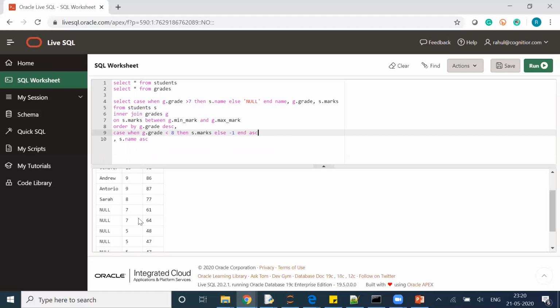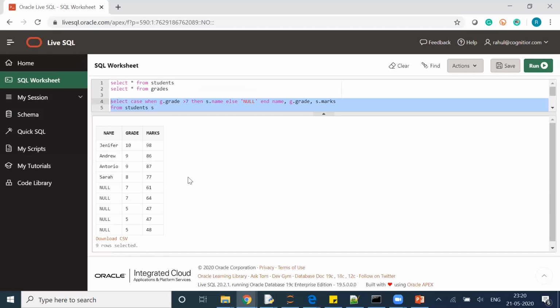If you see, the condition is grade less than 8, right? If the grade is greater than 8, then it will take this as -1, and then the sorting will happen ascending. So in any case it will be -1, so ascending or descending is not taken care of here, because we have grade and name ascending, which already takes care of the order where the grade is more than 8. So -1 as such does not really impact my output for grades above 8. Let's see what happens if I execute this.